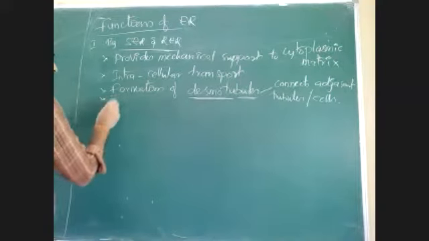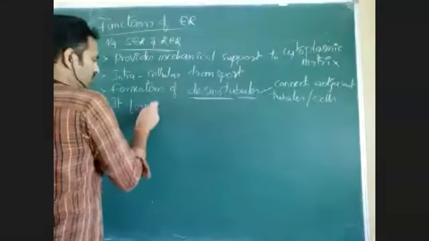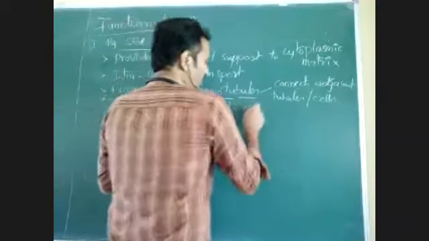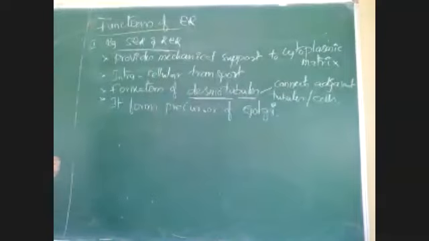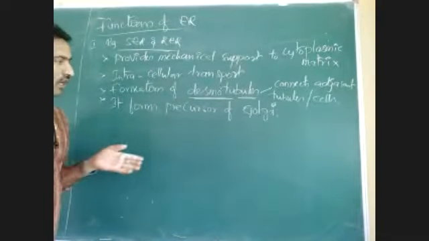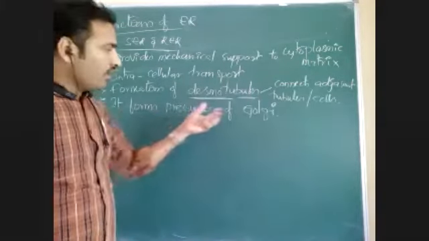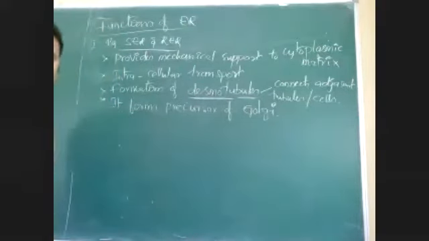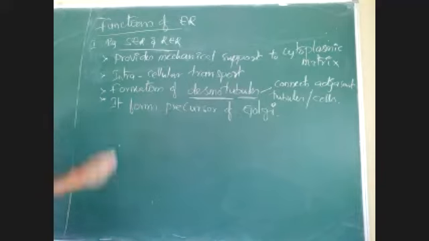Okay, and it forms the precursor of Golgi. Some parts of endoplasmic reticulum, RER and SER, are separated, and that acts as a precursor. Precursor means the substance which acts as a parental substance. So Golgi is made from one substance, that is called a precursor. That precursor comes from the RER and SER. RER and SER will detach. When they are separated, that will develop into Golgi. That is one function of both RER and SER.